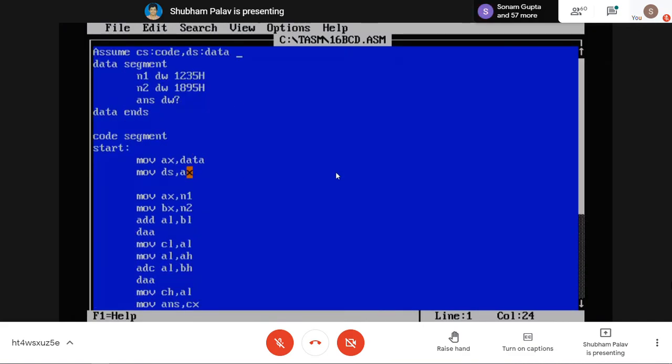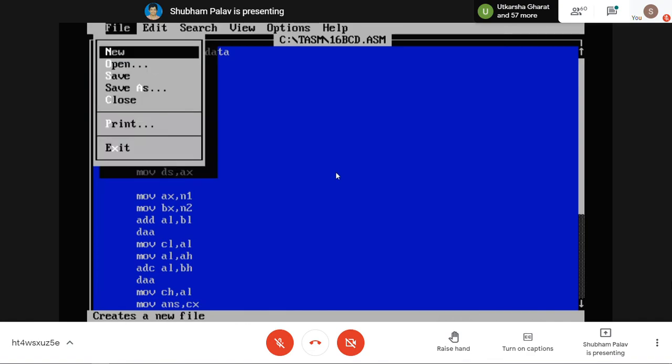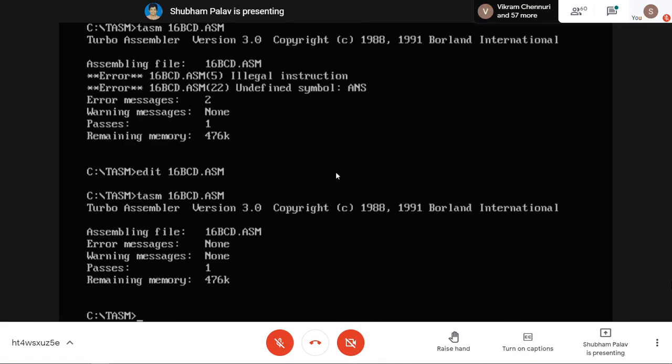Scroll up. Just a minute, let me see. DW के बाद स्पेस रखना, आंसर DW एंड देन क्वेश्चन मार्क, स्पेस रखो वहां पे. Now you compile it. Done. You can stop sharing.